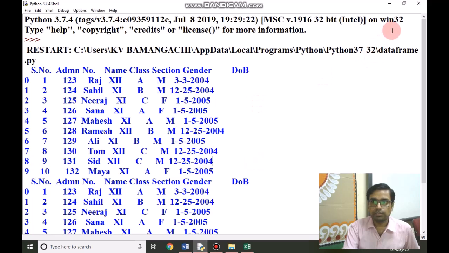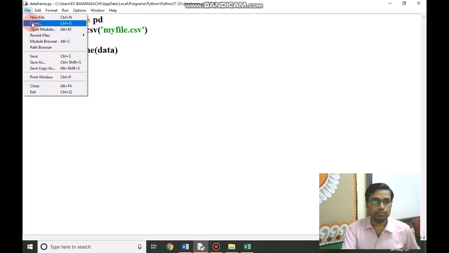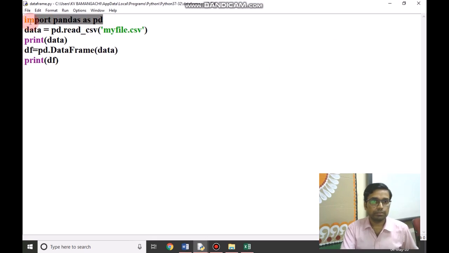We can also use DataFrame as we have previously used this syntax with series and other data structures. So this is the best way. Now we are coming to the next program, next method. We will copy this same line.